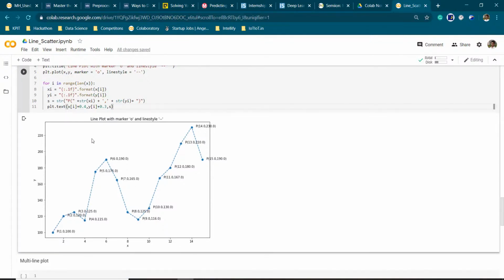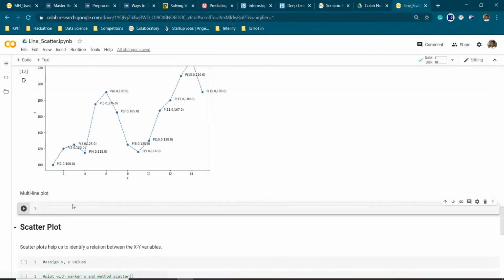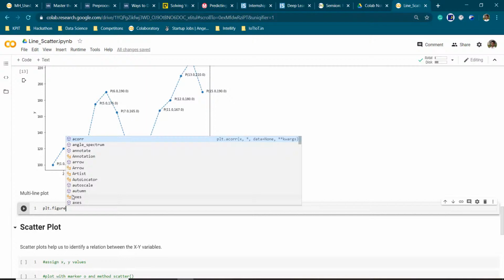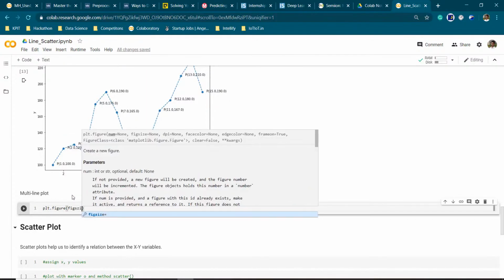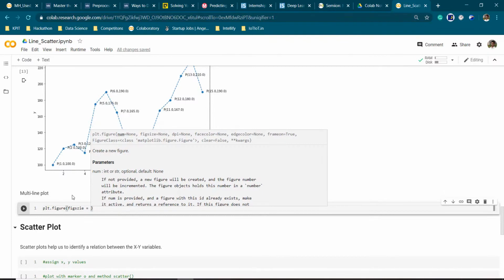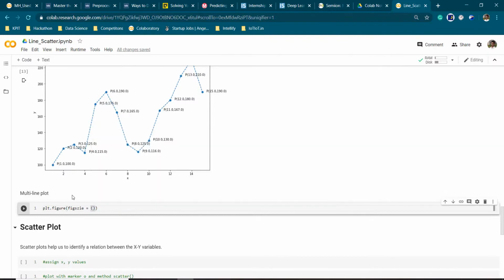Next we are going to discuss plotting multiple lines in the same graph. So this is useful for data visualization and analysis. So let us see how we are going to do that. So we are going to have a bigger than usual figure, so we will use a bigger size. We are going to pass the tuple of length and width.